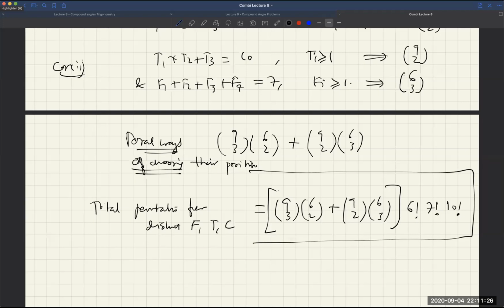ये सिर्फ उनका position choose हुए हैं. Yes. We have to even permute them, na? If they would have asked in how many ways can their positions be fixed, then this is the way. Okay? Am I clear with this, guys? The problem is clear. Is the problem clear, guys?